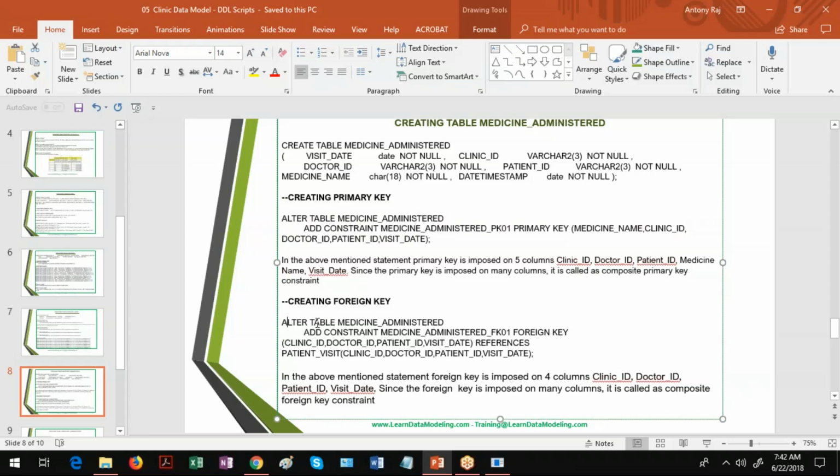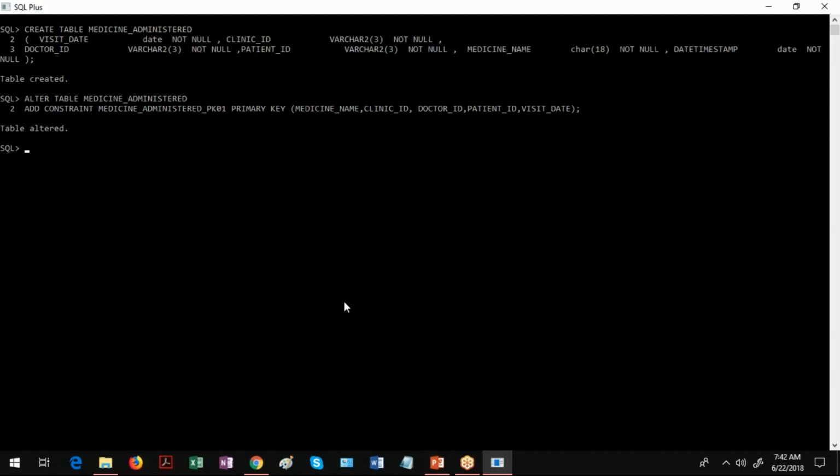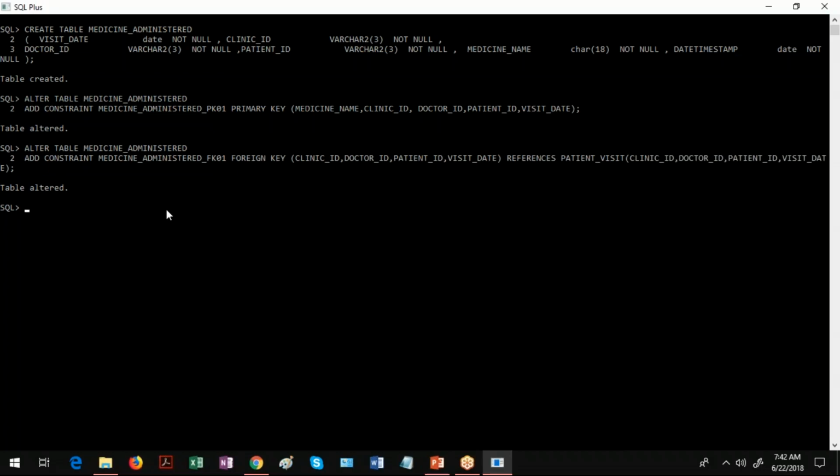this table medicine administered is going to refer the previous table which we created. Now what we are trying to do here is alter table, the syntax, this is the table name, add constraint, medicine administered FK01, that is a foreign key name, foreign key.